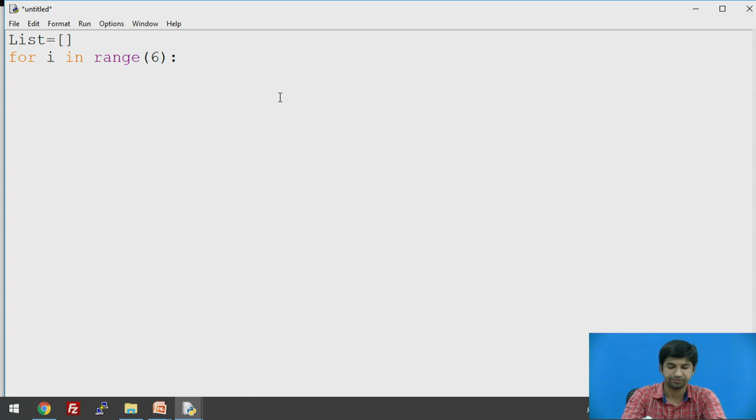I have to take the input from the user, so I'll say int(input("Enter the element")).